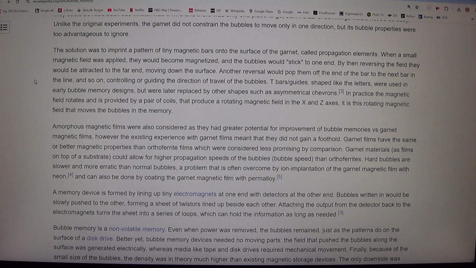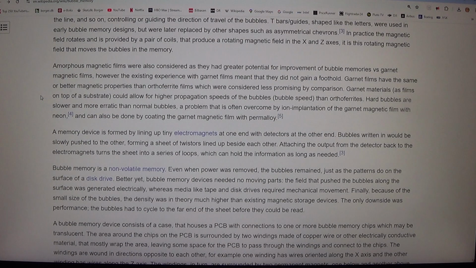T-bars, shaped like the letter, were used in early bubble memory designs, but were later replaced by other shapes such as asymmetrical chevrons. In practice, the magnetic field rotates and is provided by a pair of coils that produce a rotating magnetic field in the X and Z axes. It is this rotating magnetic field that moves the bubbles in the memory. Amorphous magnetic films were also considered as they had greater potential for improvement of bubble memories vs